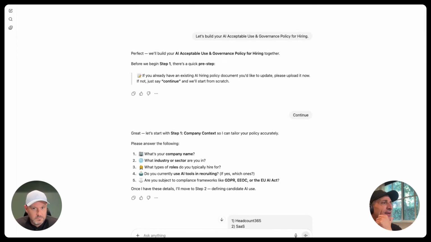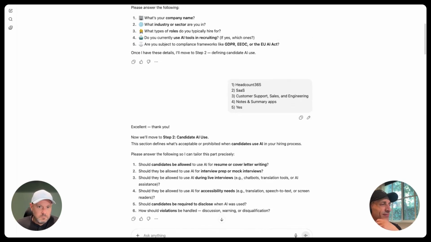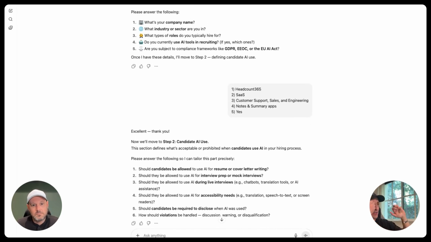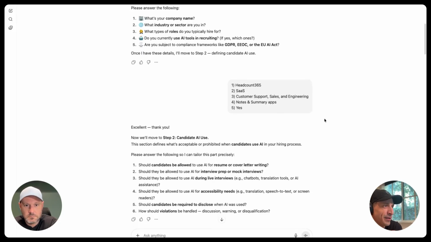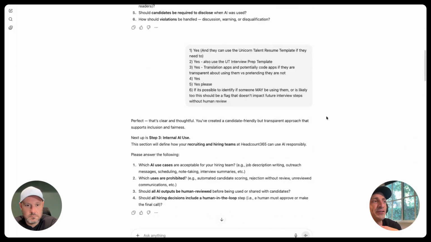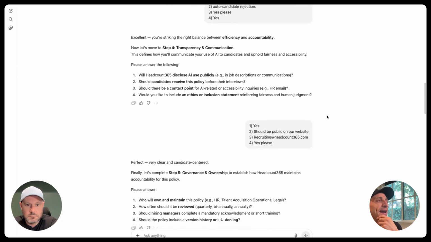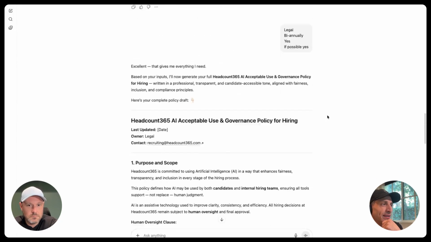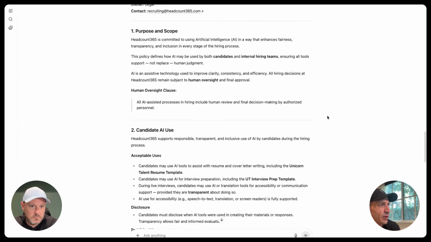I love it. Let's just do a high level review. This policy gets you something you could use, hopefully after your legal team reviews it, both internally and externally, so that you have a standard for how you're using AI within a company. It does so by asking you questions about your company, your desired use case, how you want to communicate it, and who's going to own it. Then it puts together a framework for how you can use it.